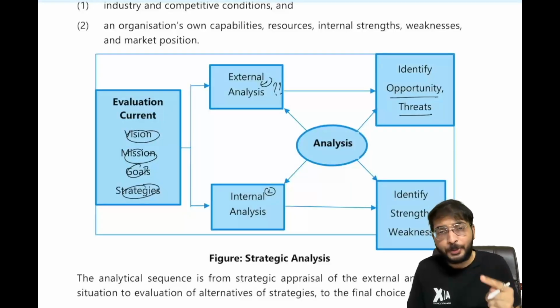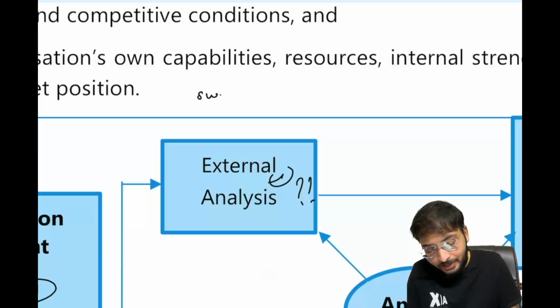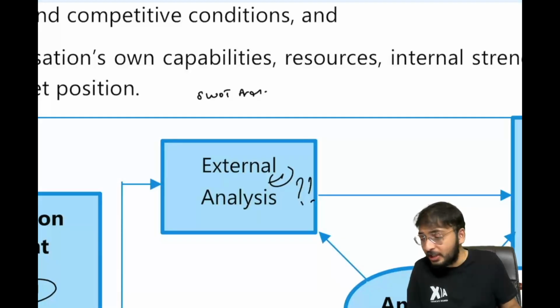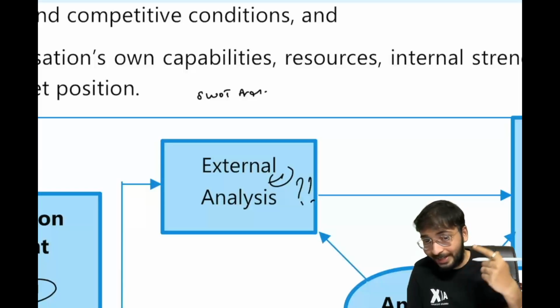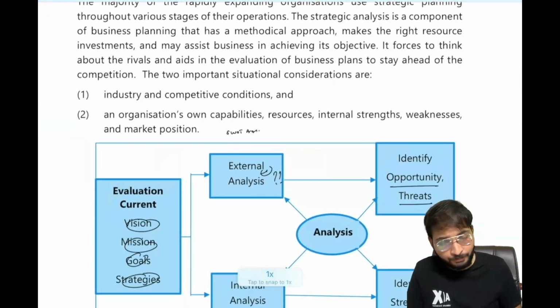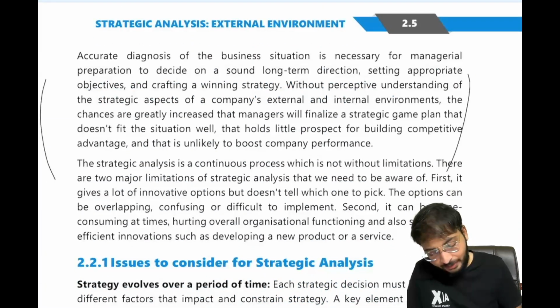Always remember, opportunities and threats are not in your hand. They come from external. Then what is in your hand? What is internal analysis? It helps to identify something called strength and weakness. In other terms we call this SWOT analysis. So what is it? SWOT analysis. S stands for strength, weakness, opportunity, and threat. Strength and weakness are related to internal, opportunities and threats are related to external. Right? Now, this is the diagram they have discussed, and yes, after that,